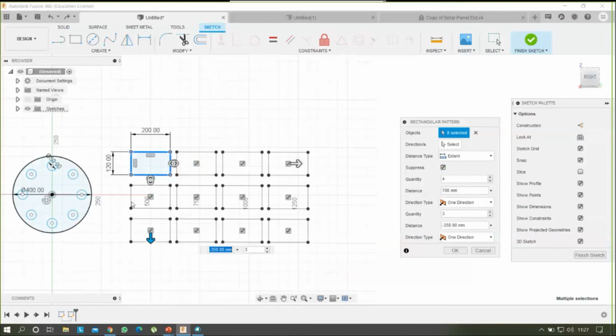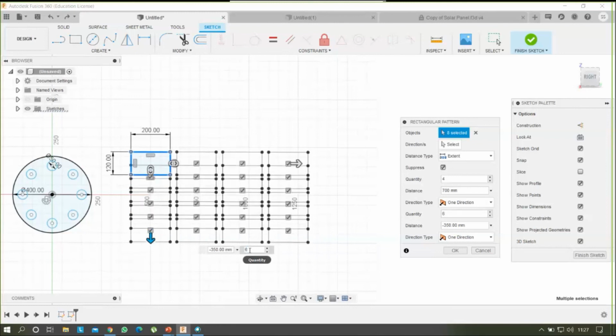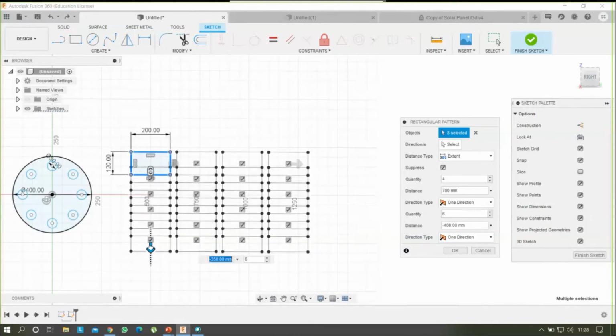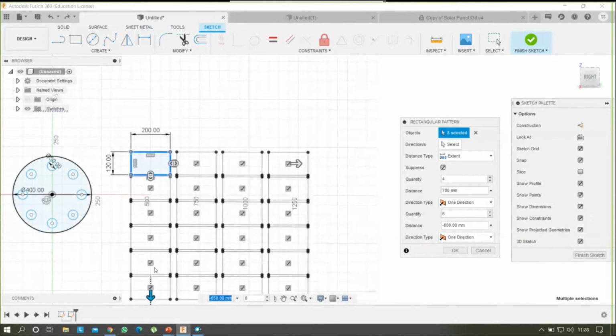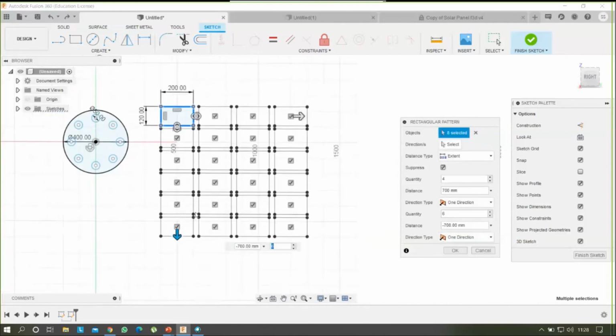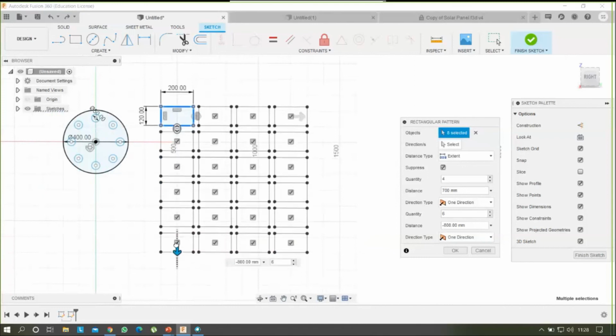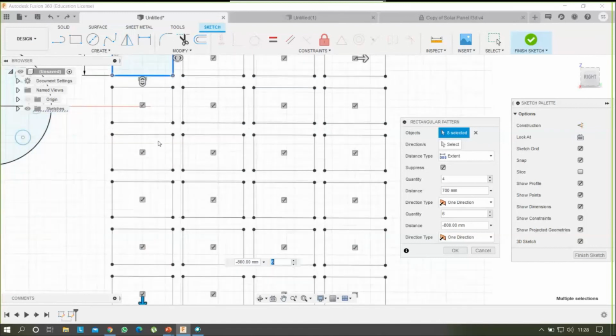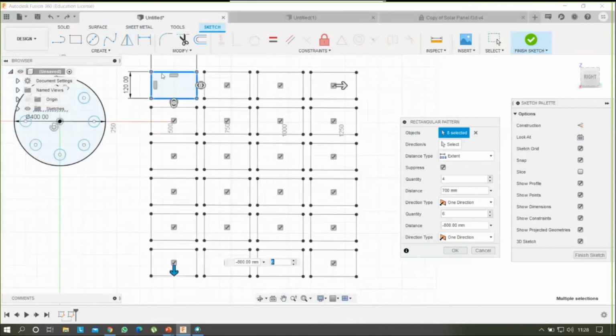So when you grab this arrow, it will show its direction, distance, and quantity. I am going to put the quantity first, 6, and increase it without putting in the distance. Okay, so it will be 700. I'm going to pull it more down. Yeah, so you can see I have created multiple rectangles with a single command and